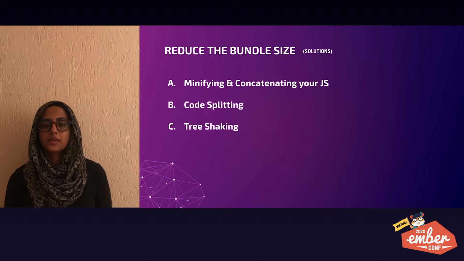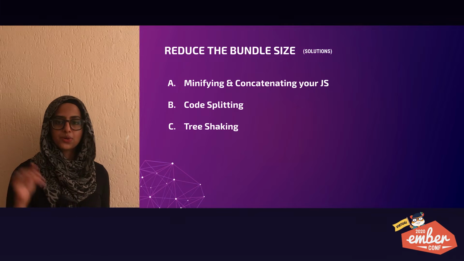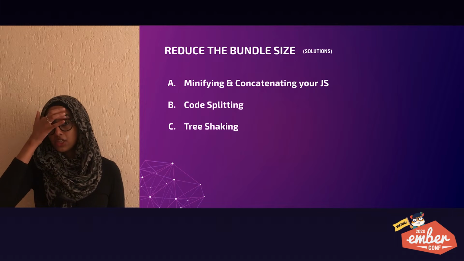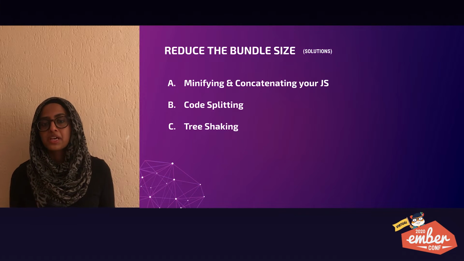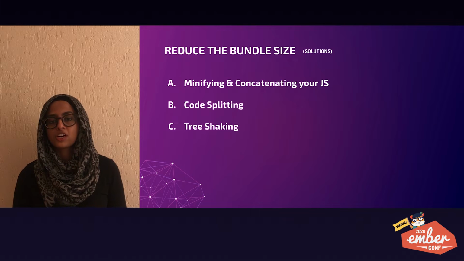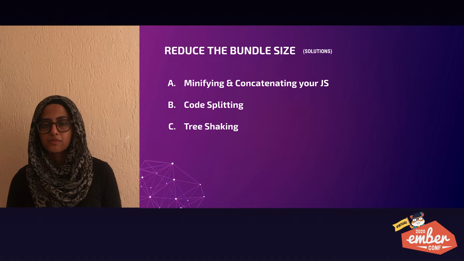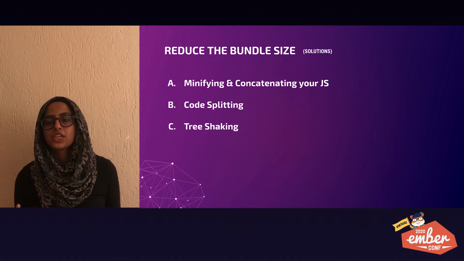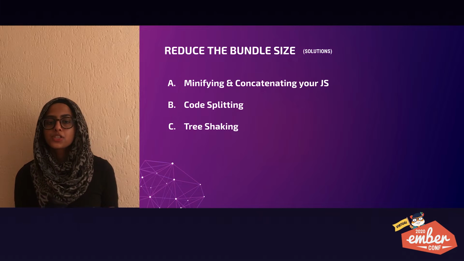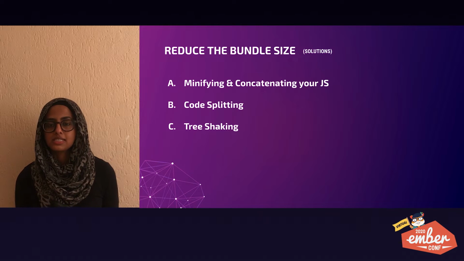Another common way that we end up bloating our JavaScript is by importing loads and loads of add-ons. We just keep throwing libraries into our applications. Instead, we could have sometimes gained the same functionality by writing just a small custom JavaScript function or by importing only a portion of that library. Importing only a portion of the library is now possible with tree shaking. With tree shaking, we can take advantage of static import statements to pull in only the specific and relevant parts of ES6 modules, hence eliminating dead code.